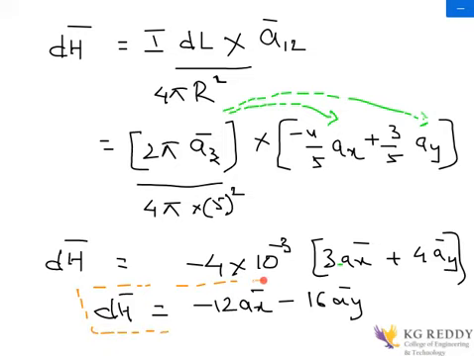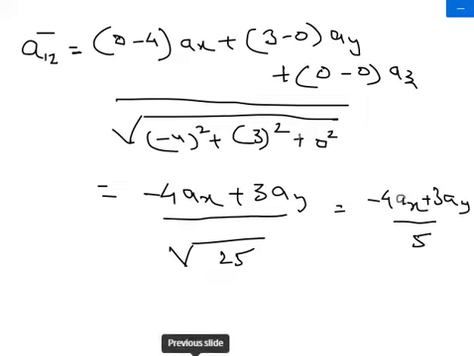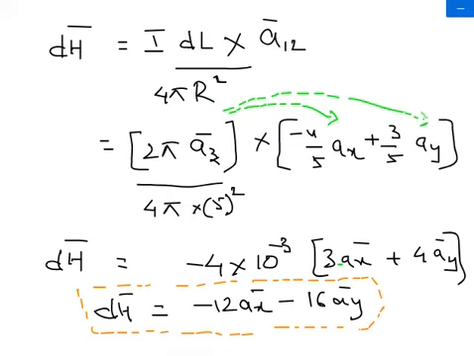What you need to know here is the fundamentals of how to write down the equation, and also how to find the cross product of two vectors. Cross product is the one thing you need to know. And also you need to know how to work with unit vectors. So this is about today's lecture on finding the magnetic field intensity at a specific point. In the next lectures we will come with the different coordinate systems, the cylindrical and the spherical coordinate systems. Thank you everyone.